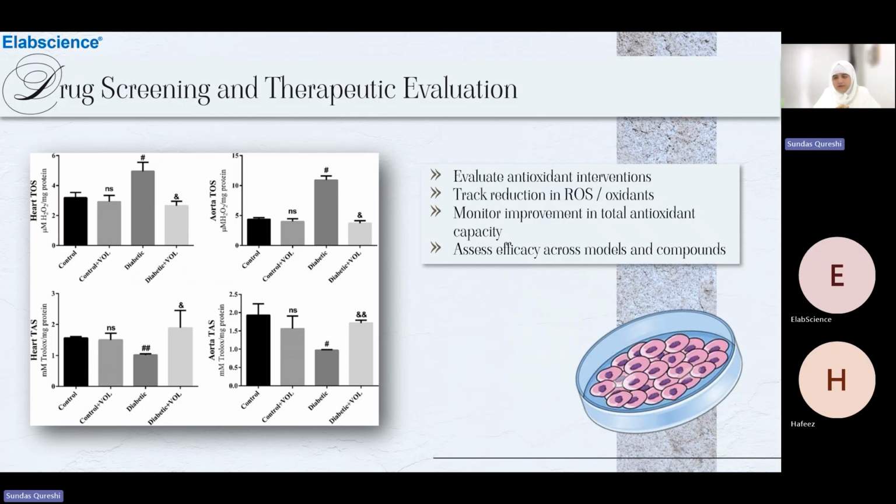As far as drug screening and therapeutic evaluation is concerned, monitoring oxidative stress is also crucial. Why? Because this helps us understand how the interventions impact the cellular redox balance. By measuring TOS and TAS here, we can track the reduction in the total oxidant load and improvement in the antioxidant capacity, which ultimately allows us the comparison of different compounds and treatment conditions, showing which strategies effectively restore